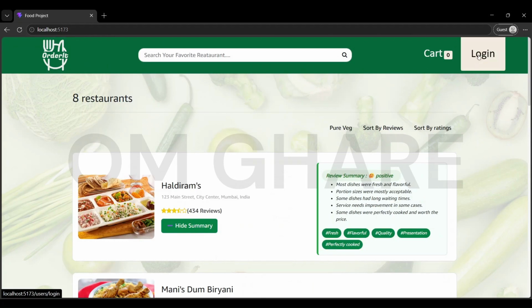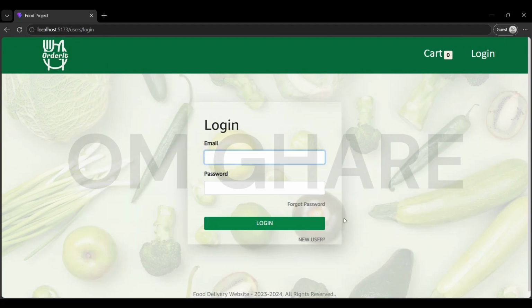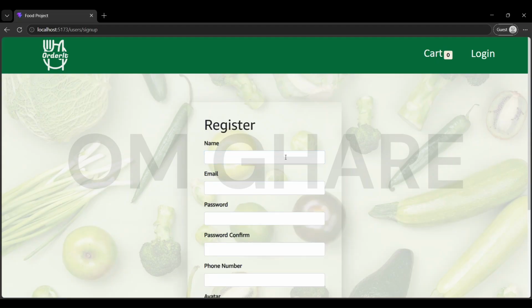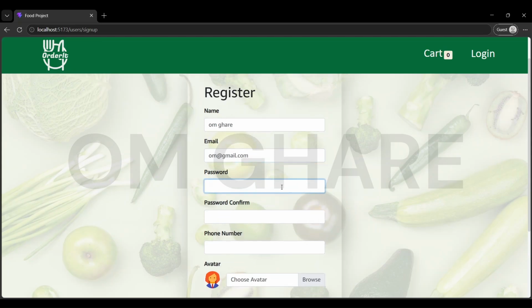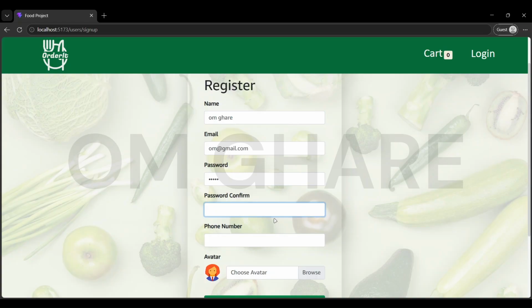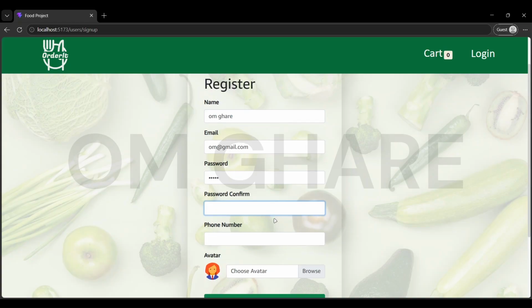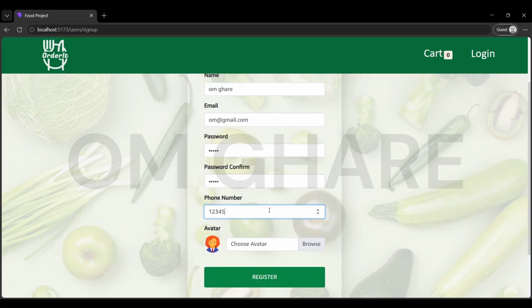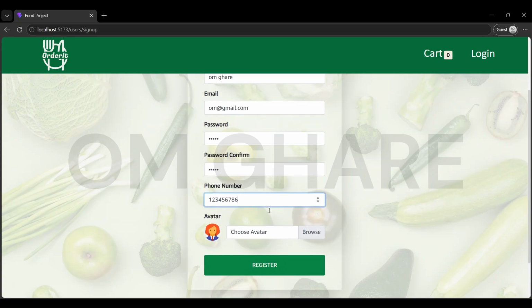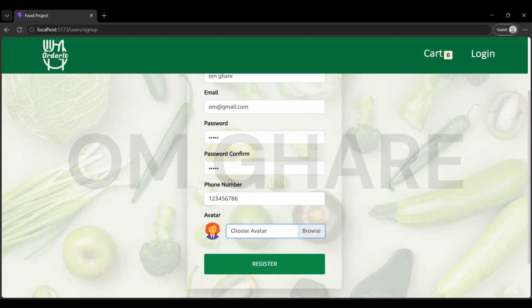So if we see the login option, here we can either log in or create a new user. For a new user, let's say we enter the name. Let's say we enter any email with the password. Here credentials are hidden using the special JavaScript notation. Now we confirm our password and enter a phone number. We can either choose an avatar by browsing, or you can just place our